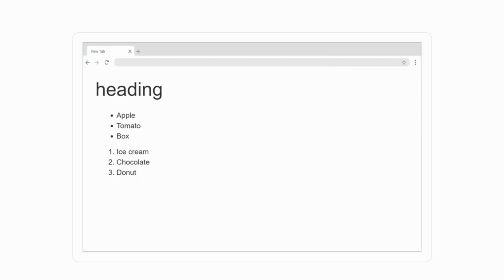For example, using a heading tag such as H1 describes that the content is a heading. Similarly, the UL and OL tags describe lists. However, there are many more semantic HTML elements available to you as a developer. In this video, I will share a structured approach you can take to make sure that you create a well-formed